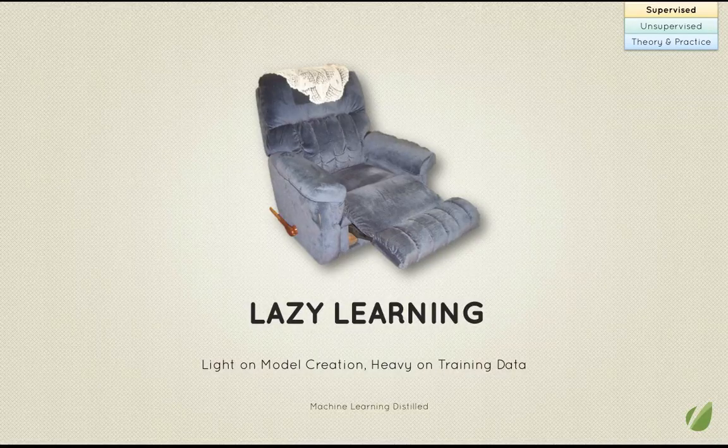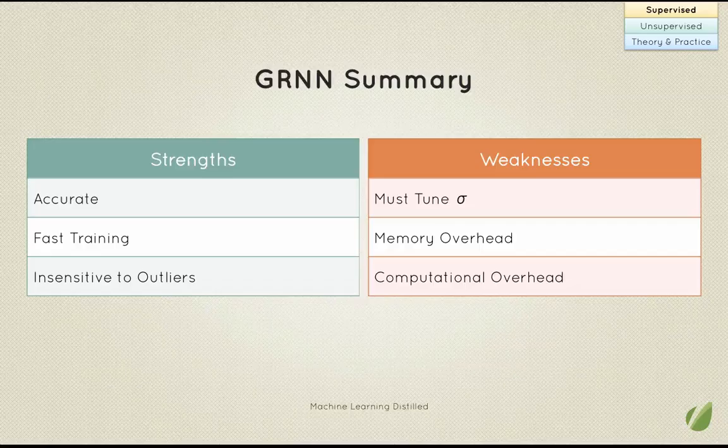Training is very easy, but the model is potentially very large because we have to carry around all those training instances. When we do the classification or regression, though, it's very expensive since all the training examples have to be analyzed every time. As we sum up the strengths and weaknesses of the GRNN, we note that it's very accurate,